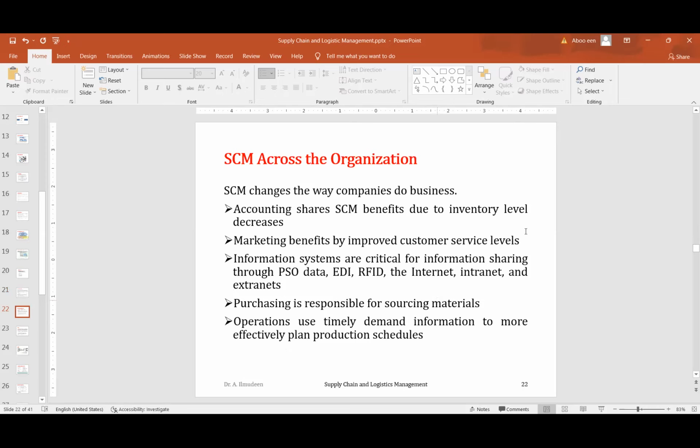At the same time, inside the business organizations, how are these supply chain management systems helping or supporting? Nowadays, supply chain management systems are changing the way companies are doing their business. In a sense, the accounting department shares supply chain management benefits due to inventory level decreases. So suddenly it can monitor the available stocks in their hand and the number of inventories,